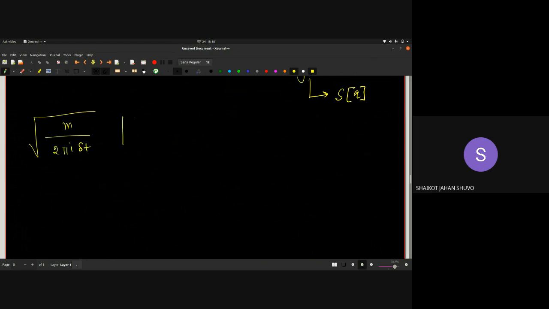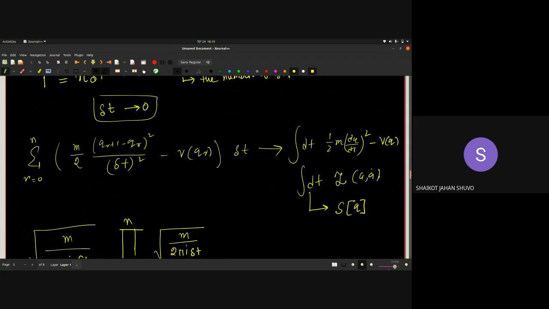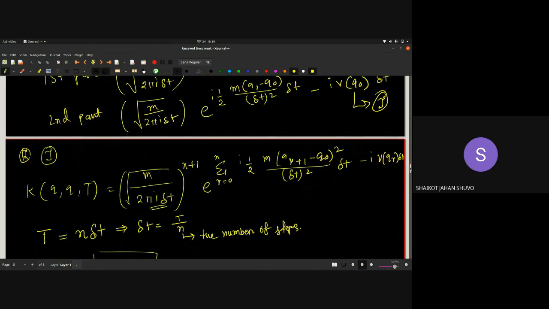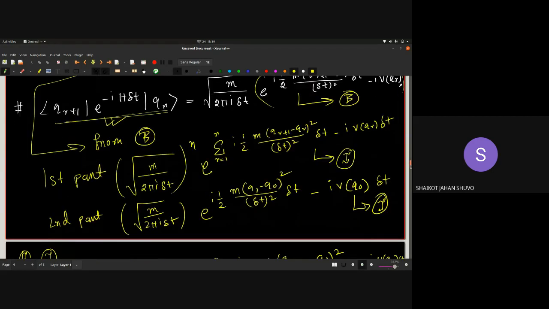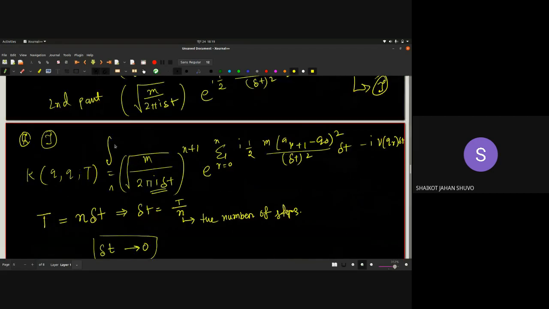Delta t, r equals 1 to n, and this is the factor we have so far, right? But did you notice that I wrote it as the kernel, but the kernel had another integration measure over here, some dq_r? Okay, so if you put that over there, this dq_r, the missing piece,